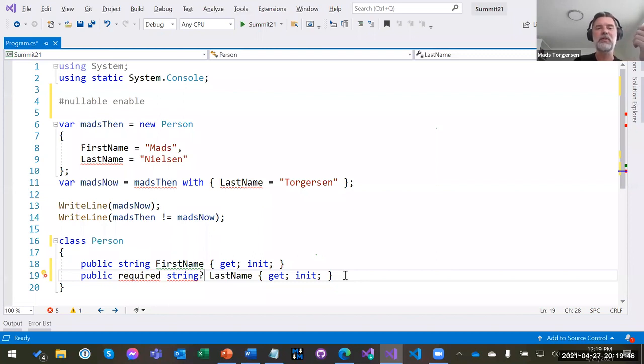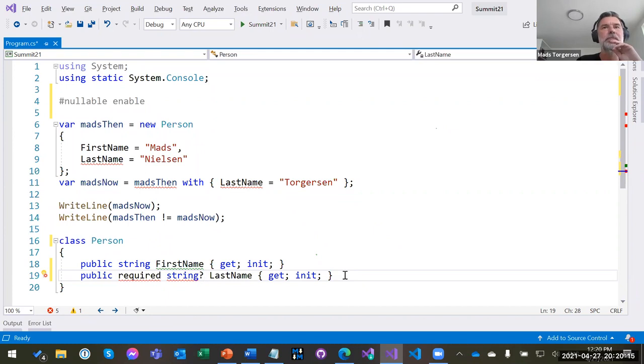It's going to be represented in the code somehow, so you can probably ask through reflection, is this property required? Either through a dedicated method, or there's going to be some attribute that we put on it. So I think there'll be a way that, if you want to, you can check for yourself, but we're not going to enforce it if you just try to jam your way through by creating an object and not initializing it.